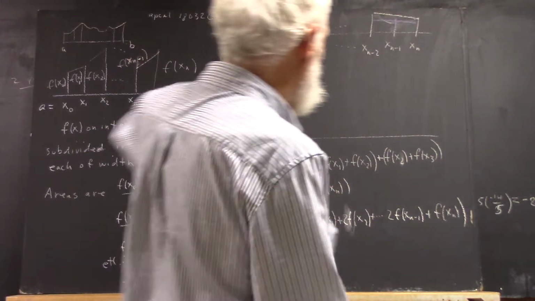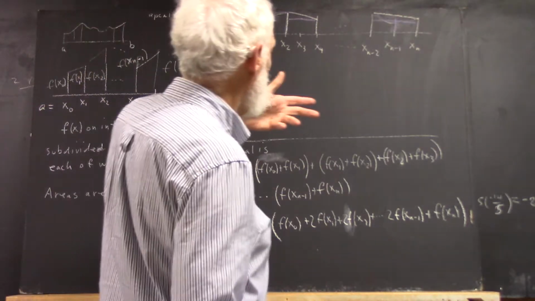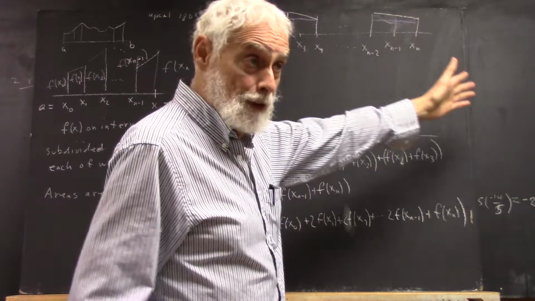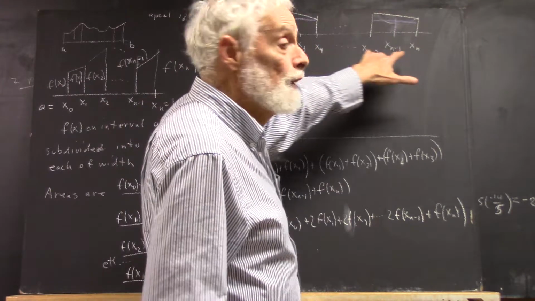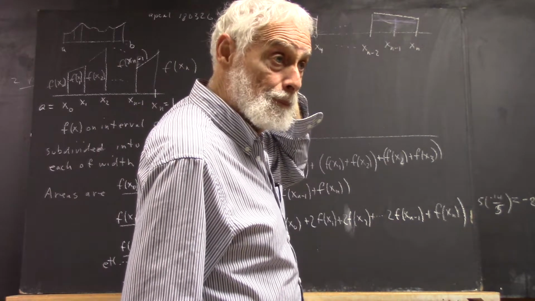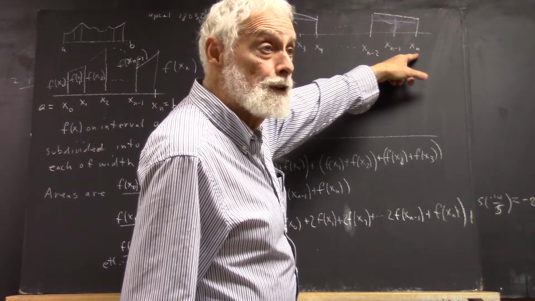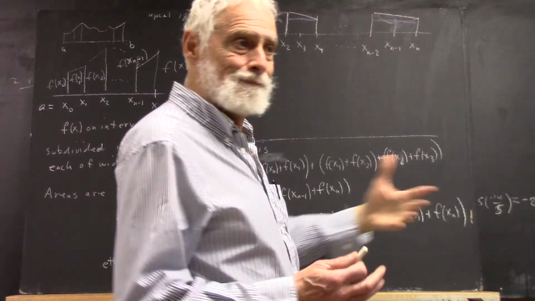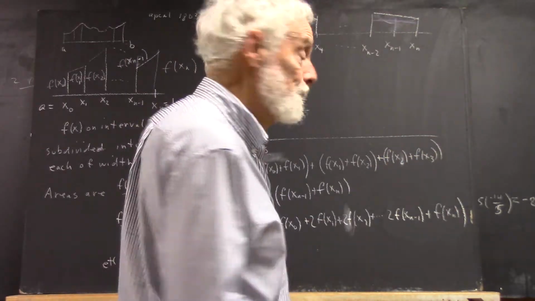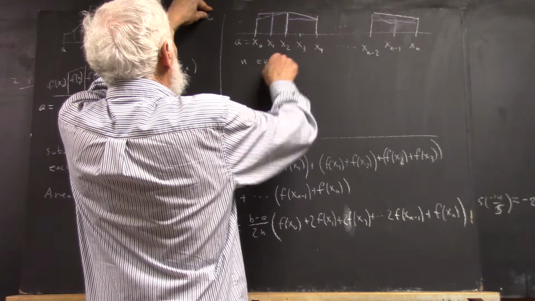Okay, the book does use n here. But another thing we have to say is that the way I've got this set up, I'm spanning two of these x values with each trapezoid. So that n has to be an even number. Otherwise, we wouldn't divide this up evenly into trapezoids, right? Okay, so